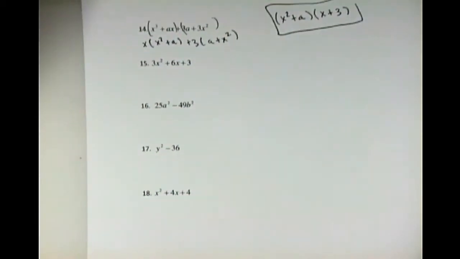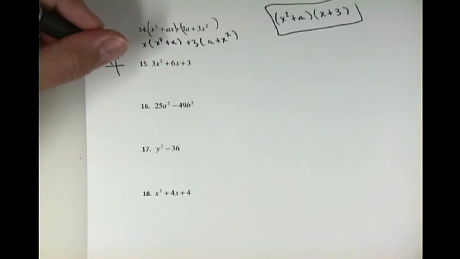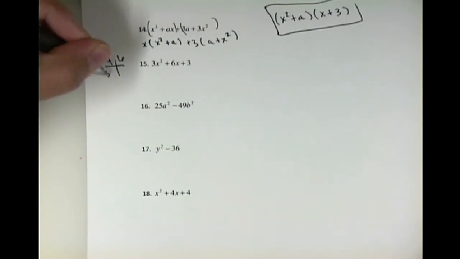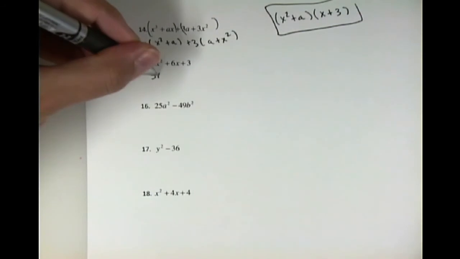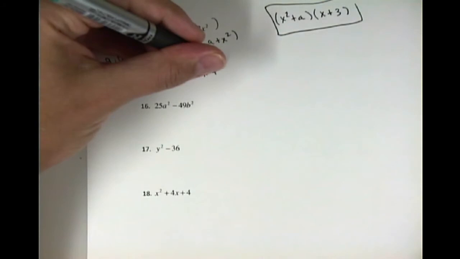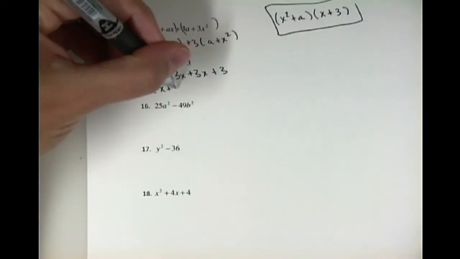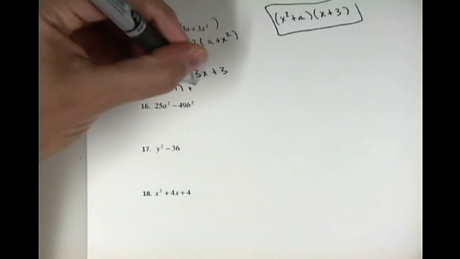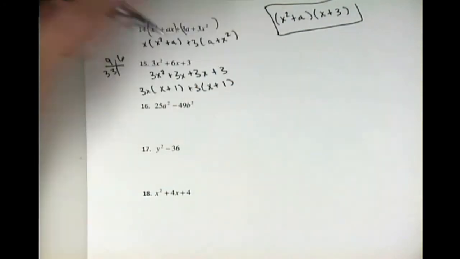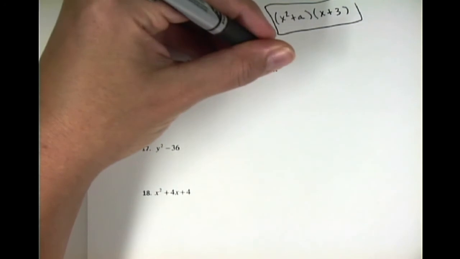The next one looks suspiciously like a perfect square trinomial, but let's go ahead and factor it the old-fashioned way. We'd want factors of 9 that add up to be 6. How about 3 and 3? So we have 3x squared plus 3x plus 3x plus 3. Take out a 3x, you have an x plus, actually it's not a perfect square, x plus 1, sorry, I'm realizing that. Take out a 3 from the next one, you get an x plus 1, so it factors into x plus 1